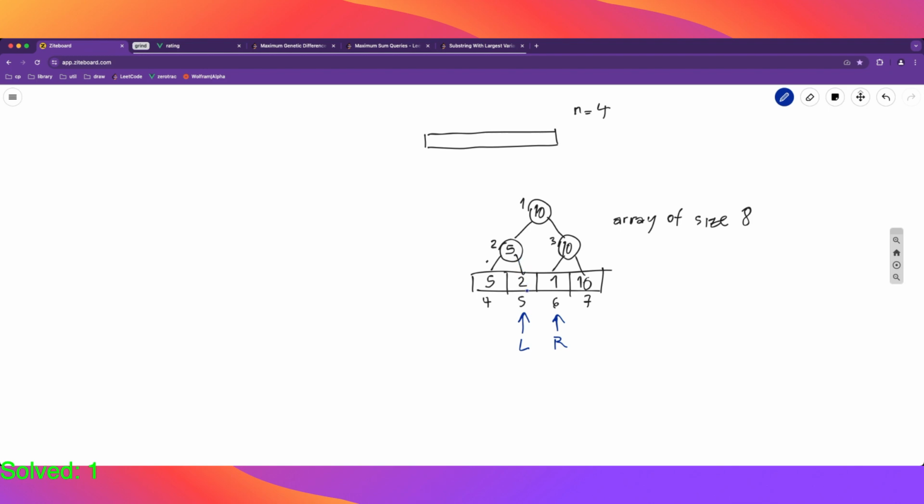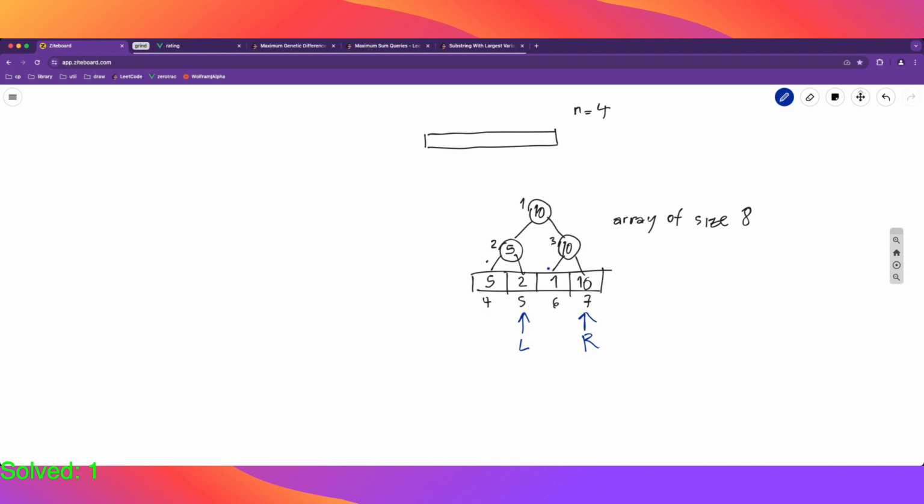Maybe it's better to explain it with the right pointer R here. So we want the maximum in this range, so we want to go up the tree, up to the root,